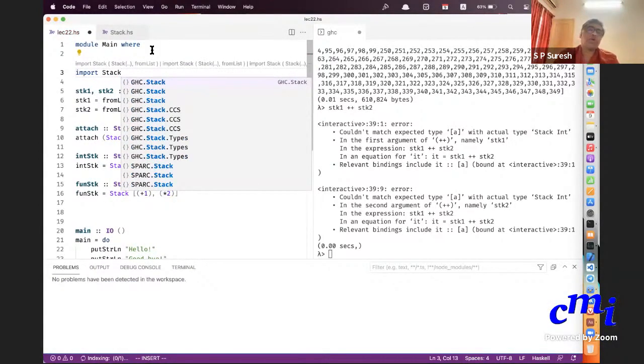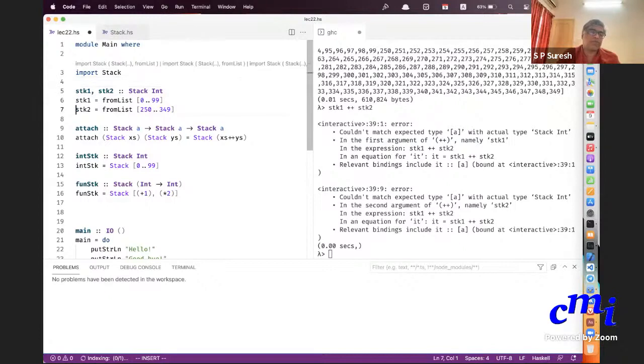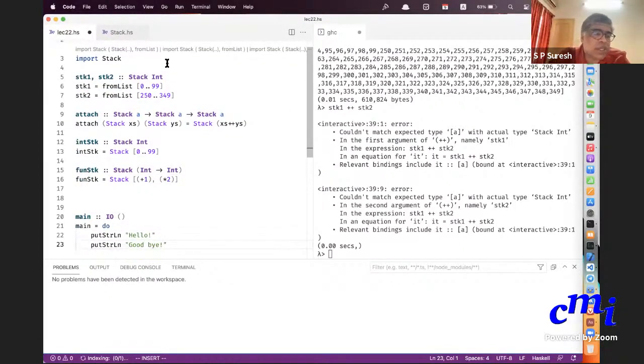Here you are allowed to say what all you want to import from Stack. See, it asks you to fill it out. I'll not humor it now. You immediately see that it is saying no problems detected in the workspace. But you can still do this attach.